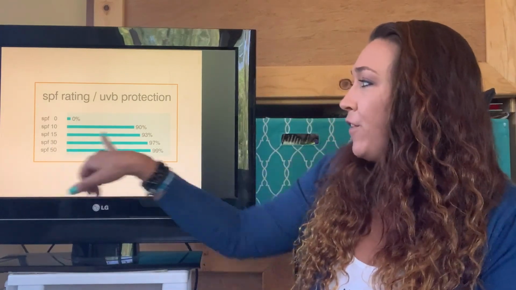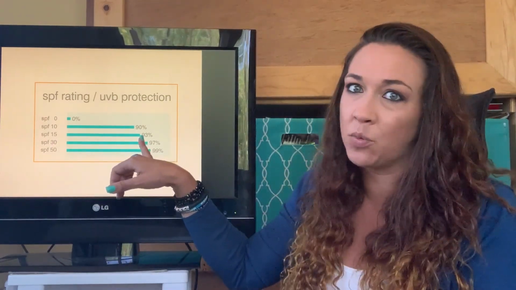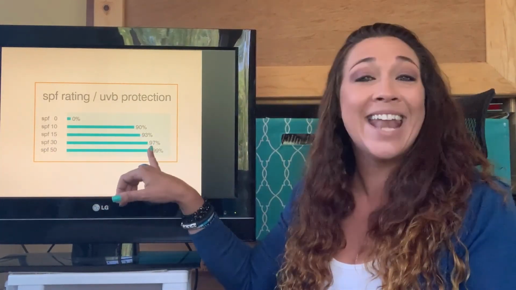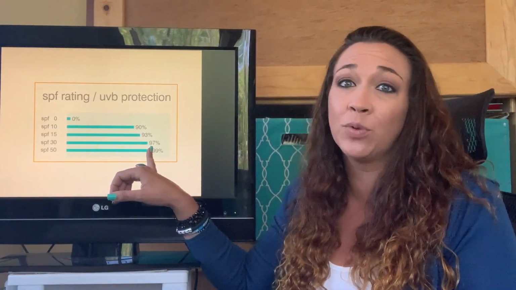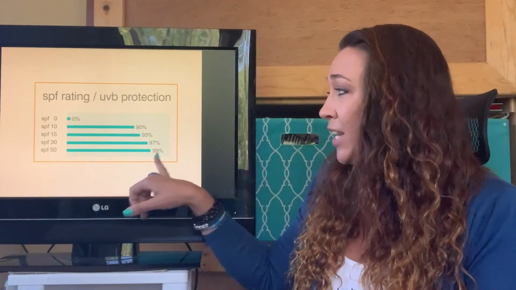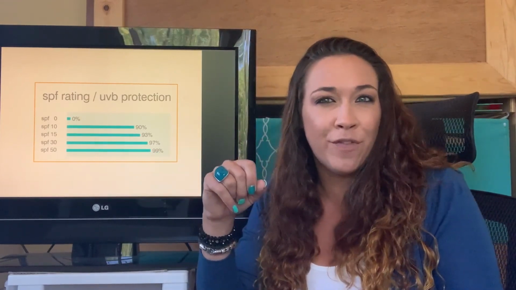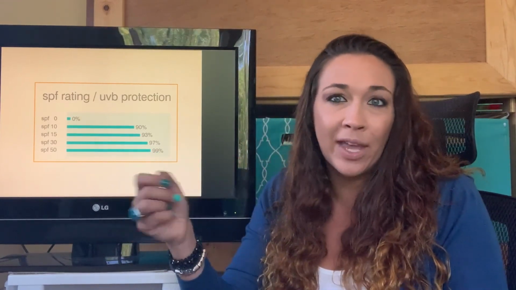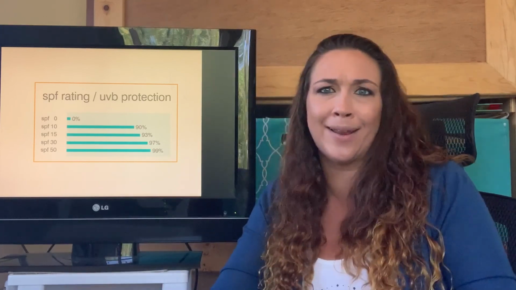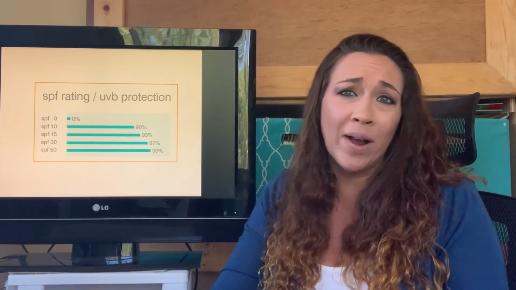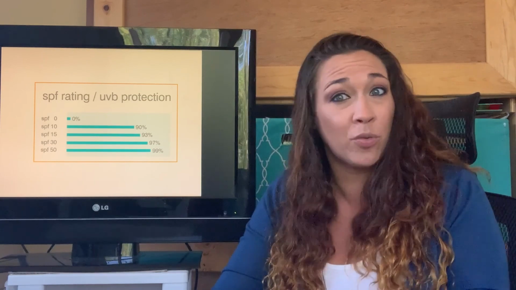So when you get to SPF 15, you're already at 93%. That's way better. SPF 30 is at 97%. That's really good. SPF 50 is at 99%. So what about those SPF 75 and SPF 100s? Yeah, what, 99.2%, 99.4%? And they're usually quite expensive. That's just the sunscreen companies trying to rip you off.